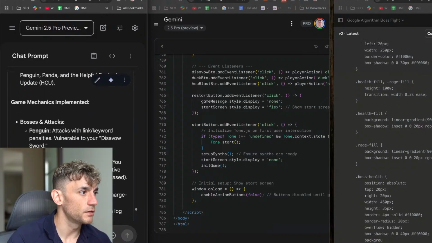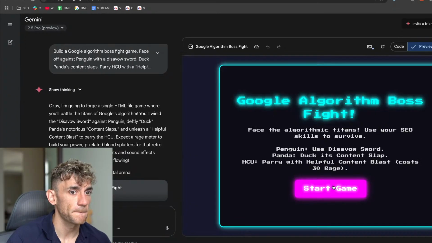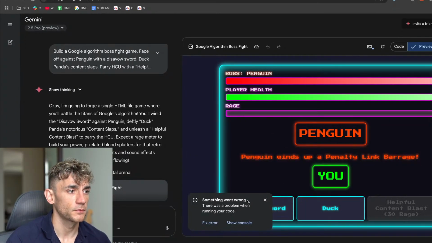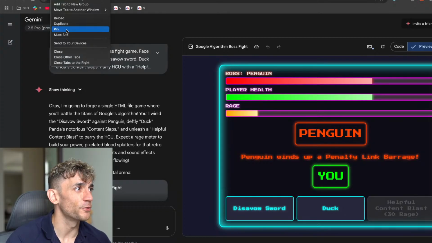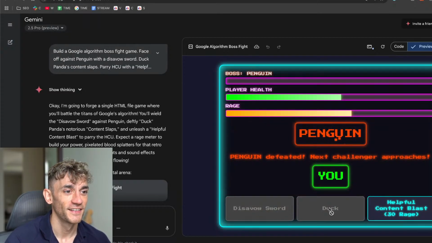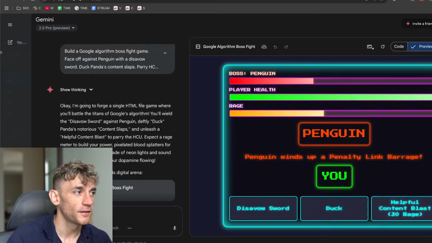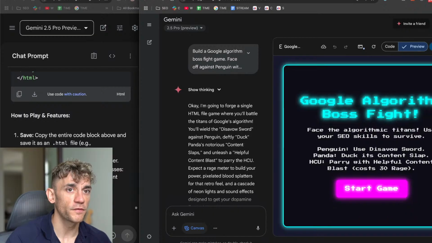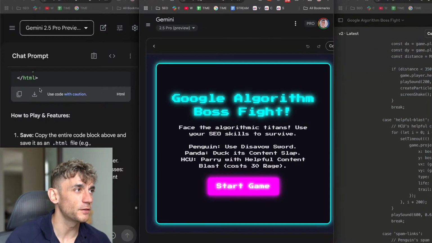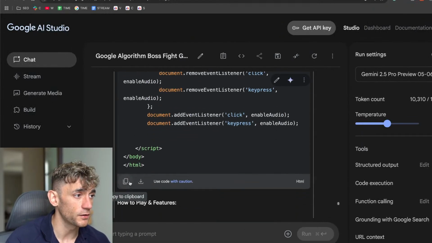So now we've got the code back from Gemini. Let's pull this one up, see what we got. That's horrible. Those sound effects are horrible. I mean, it's winning so far just because it actually created something that worked. I don't even know what this is, but we'll run with it. One thing I would say here is probably the prompt is a bit too complex for the AI, so it doesn't really know how to build it or what to build out. So that's something that I personally could improve.